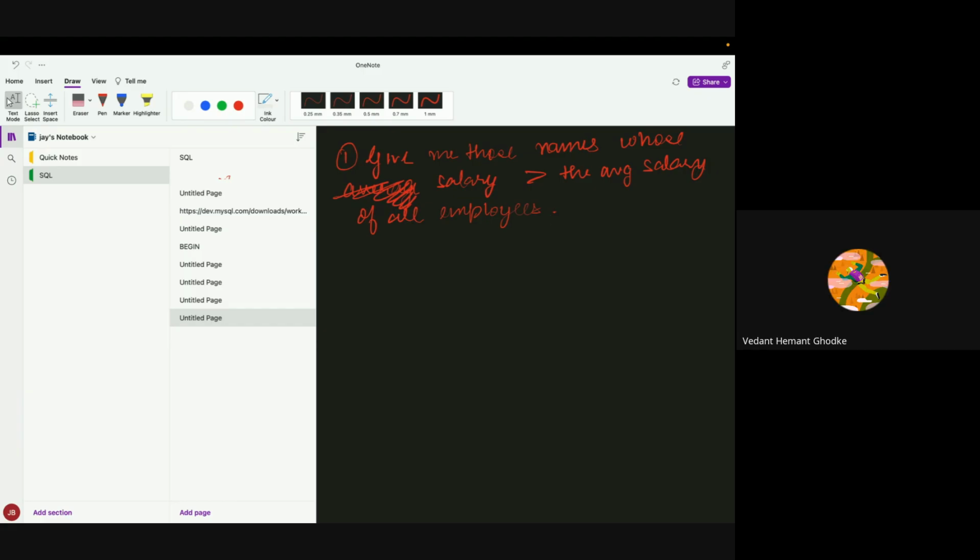Select name from the table. The table name is employee, just take it as anything, it doesn't matter. I'll understand. Select name from table where salary is greater than